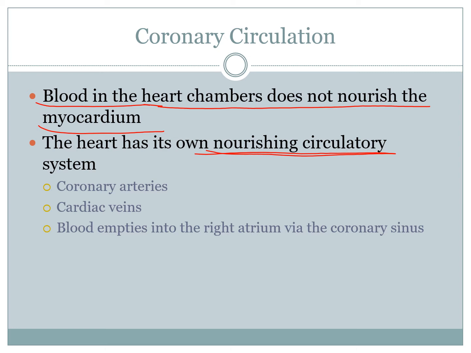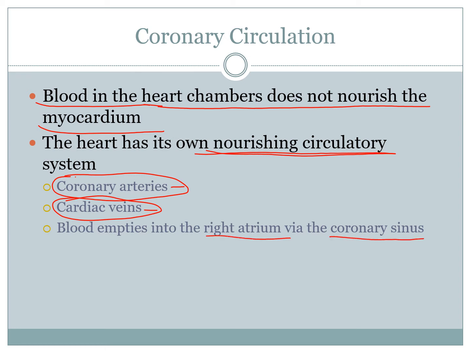Now, when we're talking about the coronary circulation, we obviously have things called coronary arteries and coronary veins. As the left ventricle pumps and it moves into the aortic arch, part of that blood is diverted into the heart and it feeds the coronary arteries. And then it gets travelled back towards the right atrium by the cardiac veins, and then it empties into the